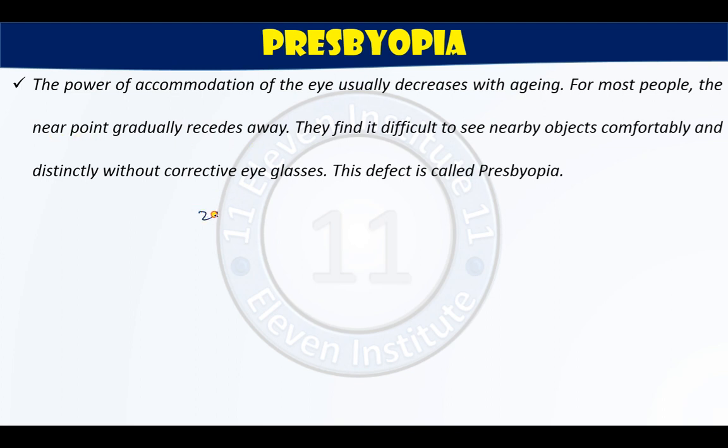The near point moves away from 25 centimeter, so the near point increases from 25 centimeter. Hence, there is a problem in seeing nearby objects. They find it difficult to see nearby objects comfortably and distinctly without corrective eyeglasses. This defect is